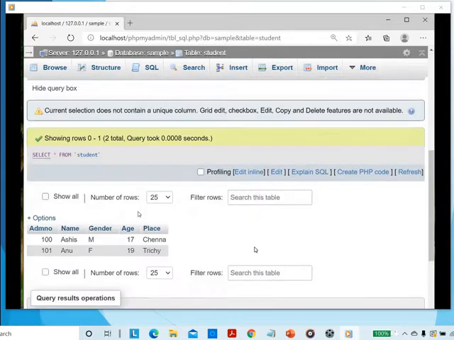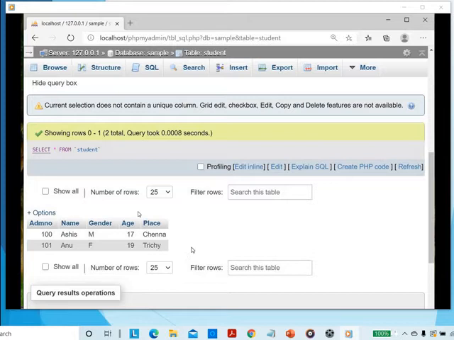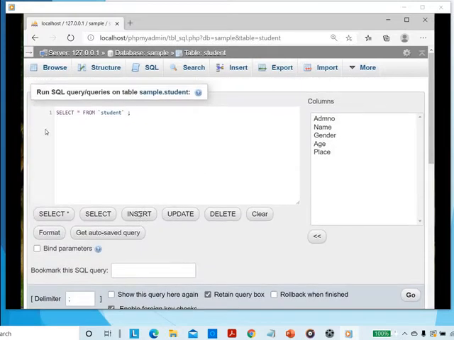Execute. So another record also inserted.